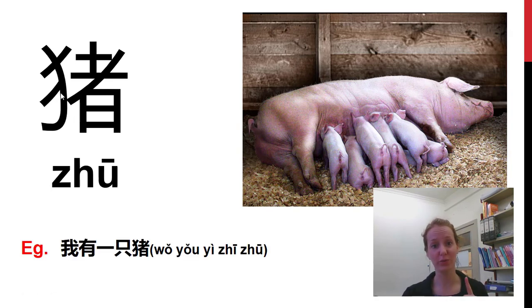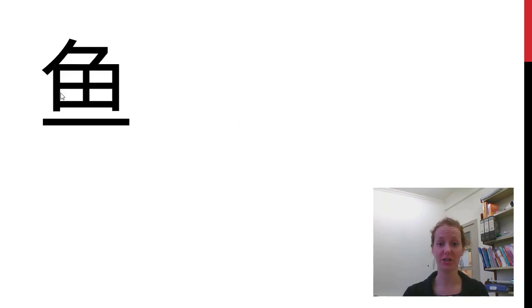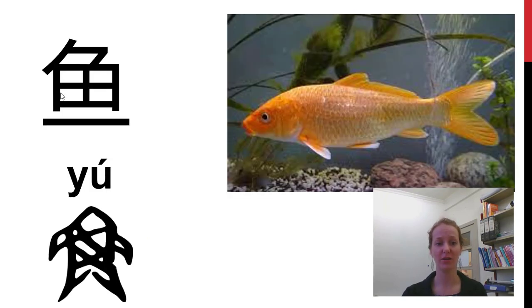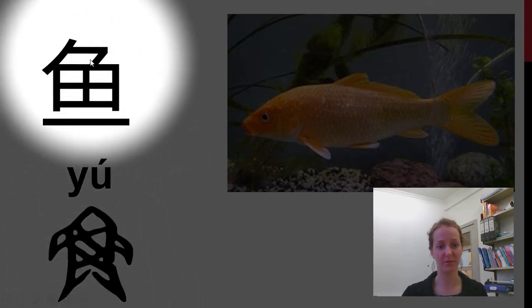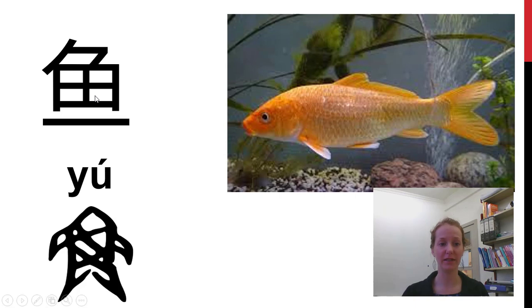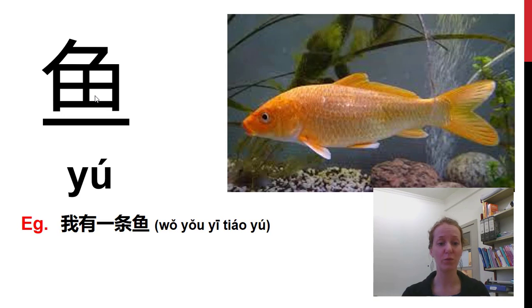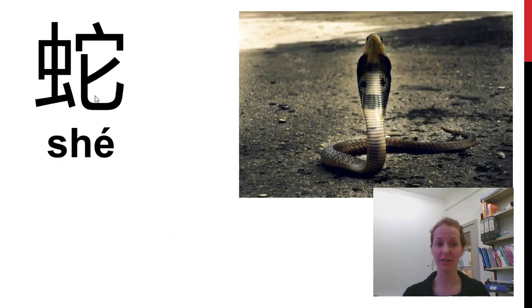我有一只猪。这是什么？这是鱼。鱼。So what I've got down here is the original oracle bone script of the fish. So originally this was a picture that looked like this, and eventually over time it's become this. So maybe if you can think of links between these two pictures, it might help you to remember that this is 鱼. For example, 我有一条鱼。这是什么？这是蛇。